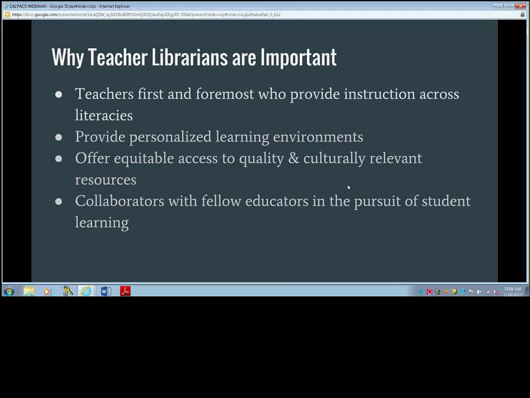I want to start off simply by saying nobody hates libraries. They love libraries. In fact, Starbucks, I think, modeled their entire pattern after making it feel like a library. So we're obviously on territory with a subject that brings everybody together. But there's so much deeply rooted misunderstanding about what a teacher librarian is.